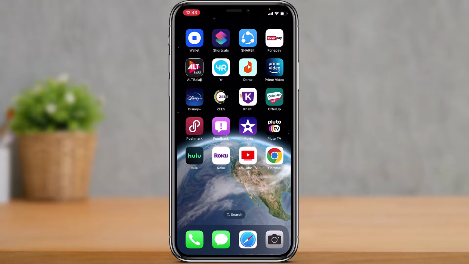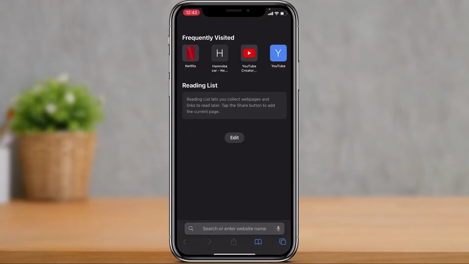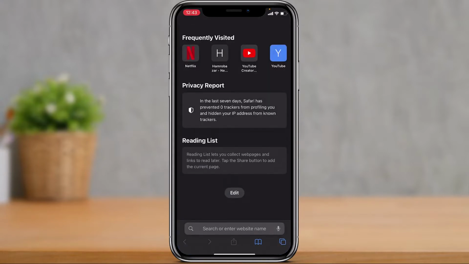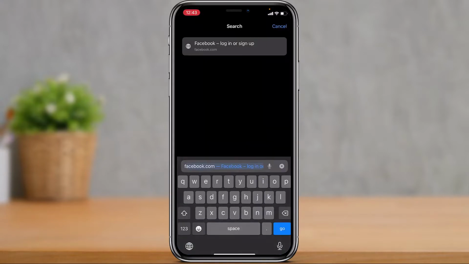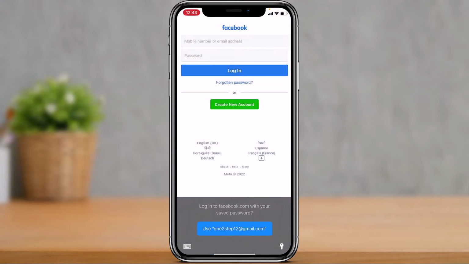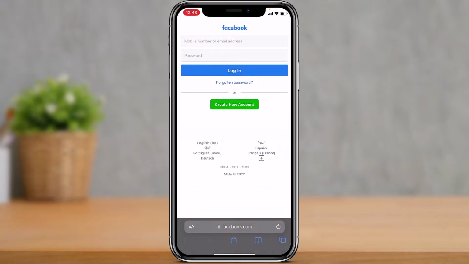Now, in the context of Safari, let's get started. I will open my Safari browser, and in the search box I will type in, for example, facebook.com. As you go to facebook.com, you can see this is the mobile version of Facebook which Facebook has loaded for me. If I want to request a desktop version of Facebook, what I will have to do is